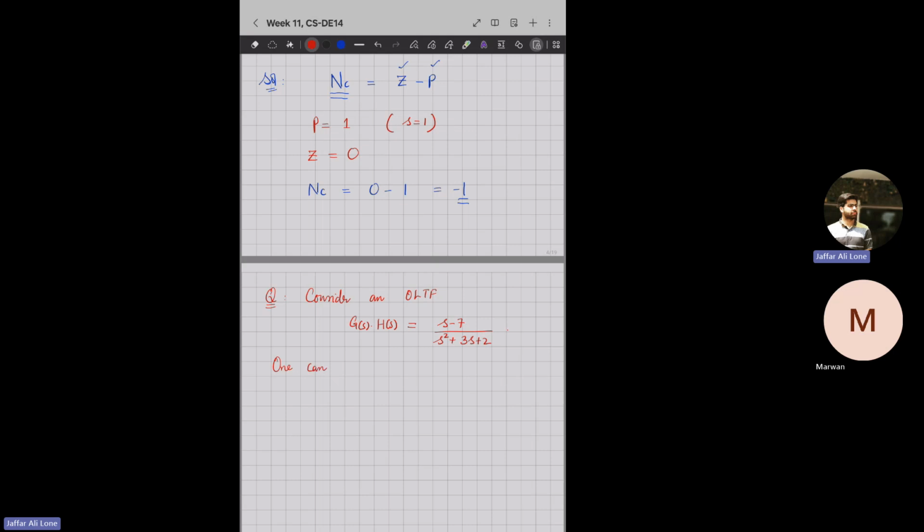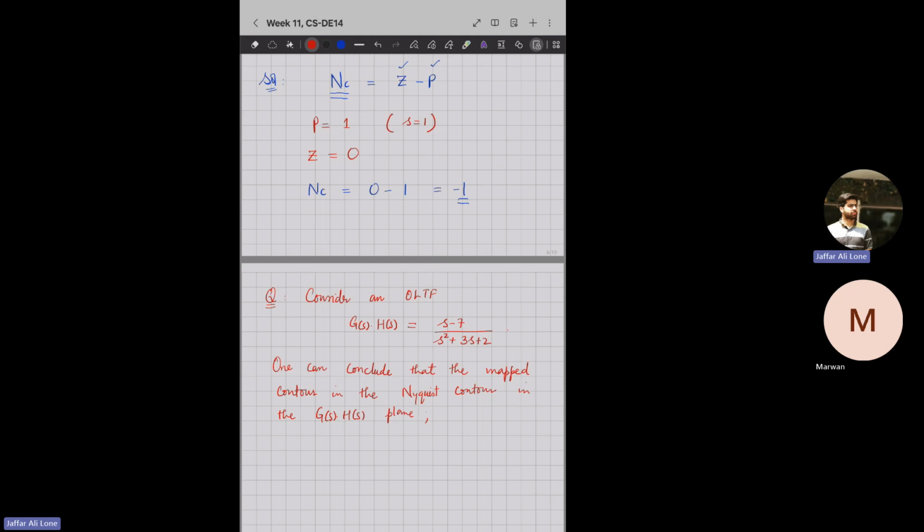One can conclude that the mapped contour of the Nyquist contour in the GSHS plane,